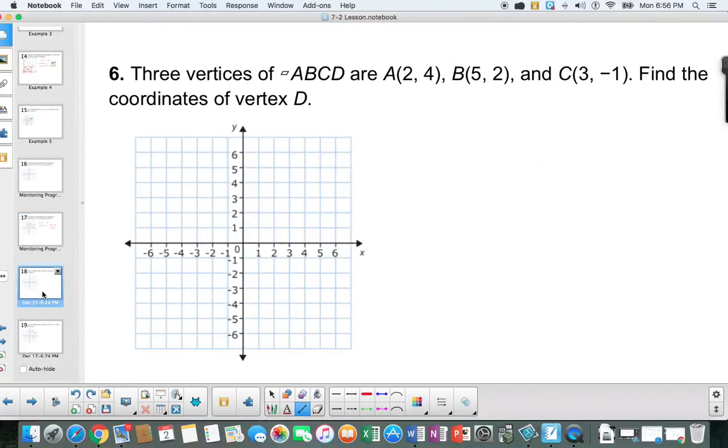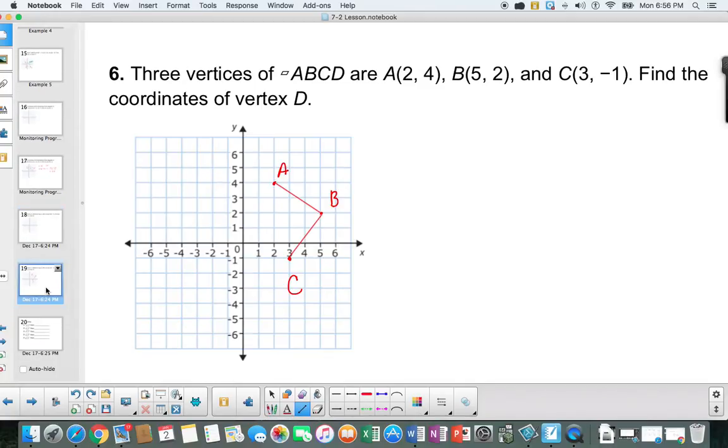Your turn to find the coordinate of D. Plot the points and see if you can find it. All right, now to find D, I plotted 3 of the points, and remember what I want to do is make sure that the opposite sides are parallel. So over here from this point, I'm going to go 3 units to the left and 2 units up,